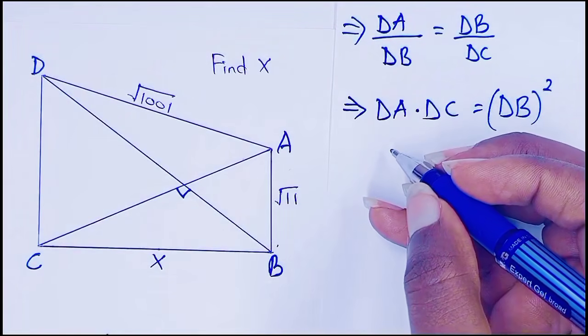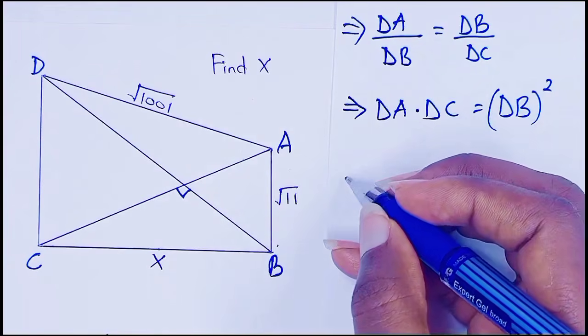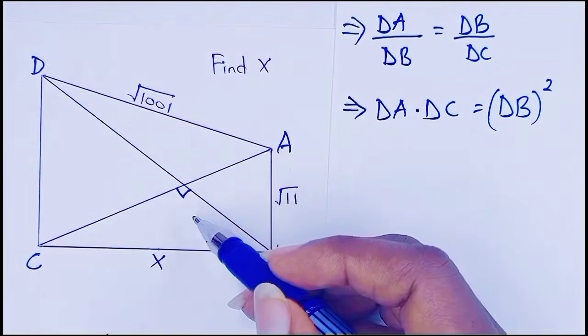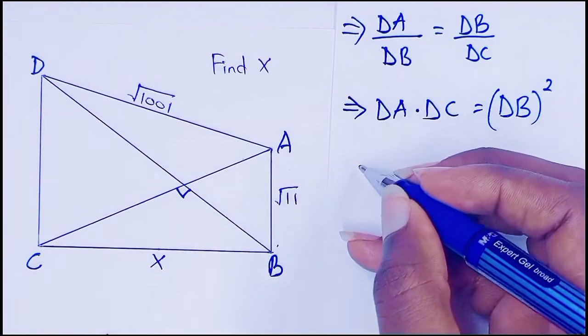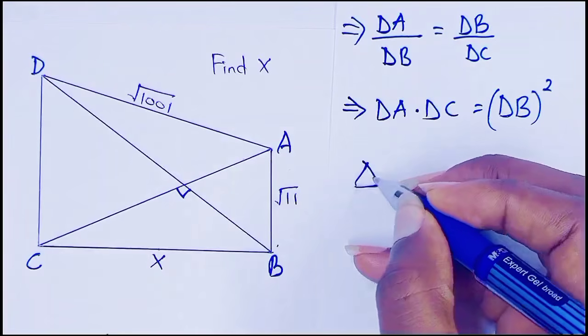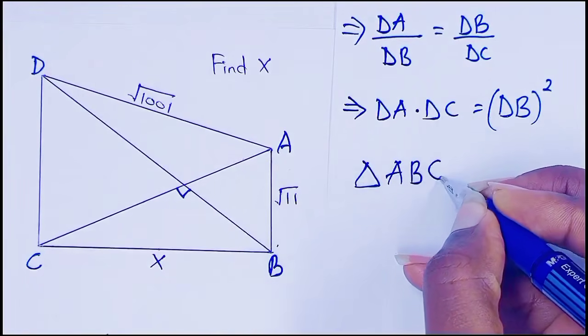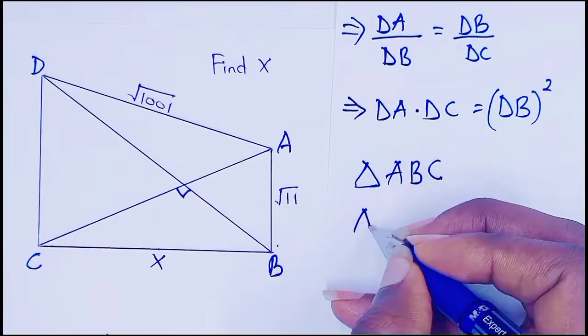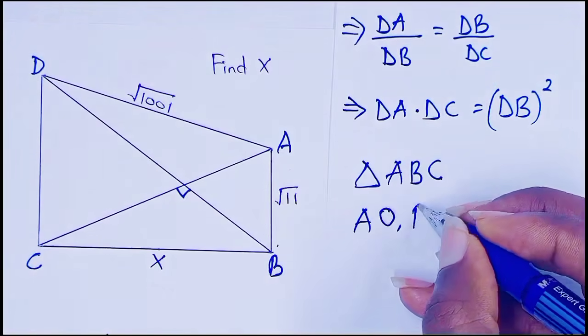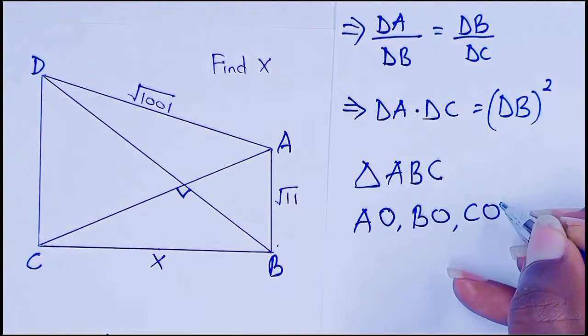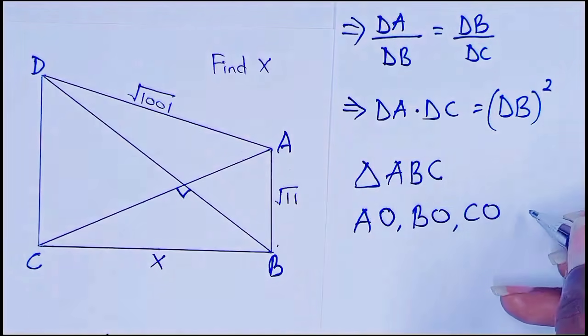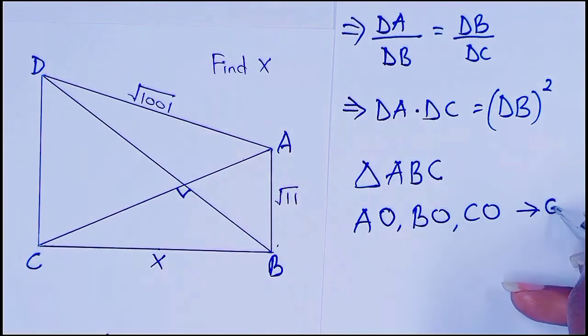So from our trapezium, this implies that from triangle ABC, AO, BO, CO are in geometric progression,